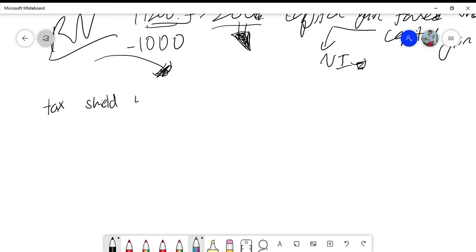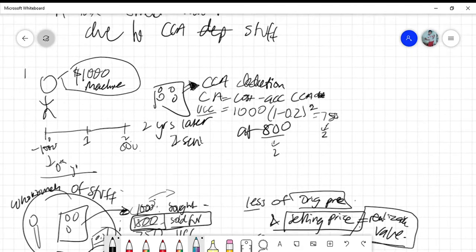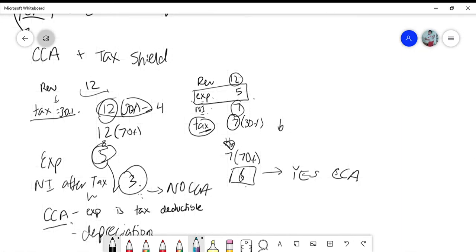basically how much do I save on my taxes because of CCA, is equivalent to the tax rate, obviously, because the tax rate has to be involved, times your CCA deduction. Let's say my CCA depreciation rate, let's just go back to the first example that we did. The CCA deduction was,